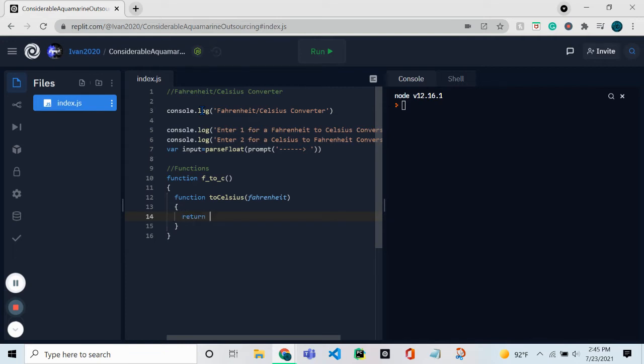We'll need the Fahrenheit to Celsius formula for this one. Return 5 divided by 9 times parentheses the variable Fahrenheit minus 32, semicolon, just for reassurance. After that, we can create two more variables, var temperature equals parse float